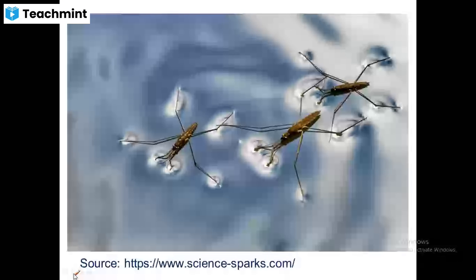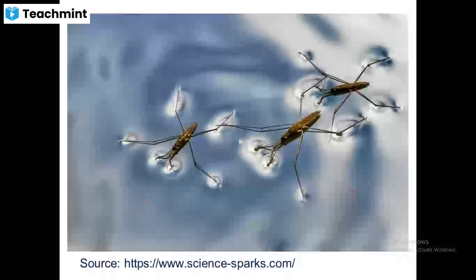One more example of surface tension. Then look at this beauty of nature. You might have observed, in the lakes or in the ponds, some bugs just walk on the water surface. This is the water surface, and these bugs are walking on this water surface as if they are walking on the ground. For them, the water surface is just like a ground. How is it possible? How are they able to walk on the water surface?